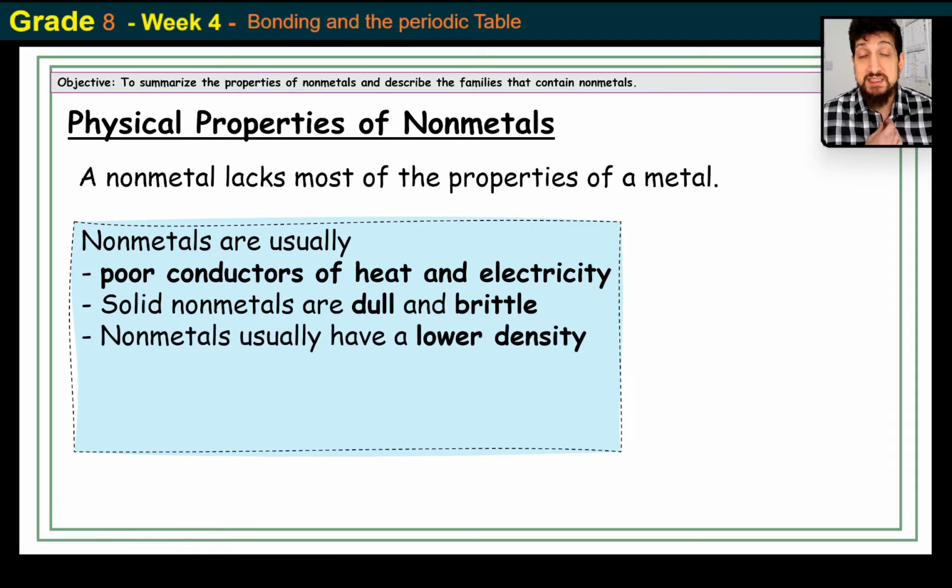What is density? Density is how far away the particles are. So remember how everything is made of atoms, and atoms are like these little tiny particles. And how close they are together is what determines density. So if things are very, very close together, then they are dense. And solids, generally speaking, are more dense than liquids, which are more dense than gases. Well, liquids and solids, they kind of have the same density, but we don't like to talk about that. Because liquids are not compressible either. But anyway,